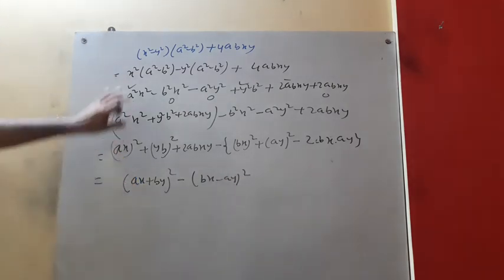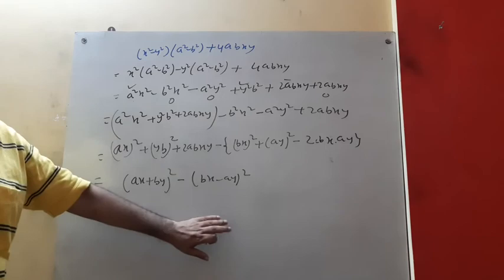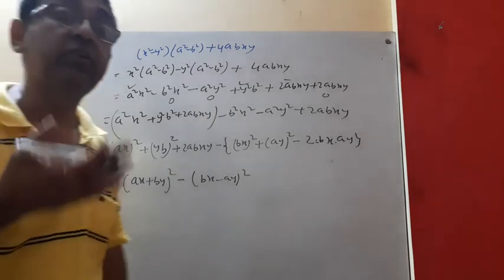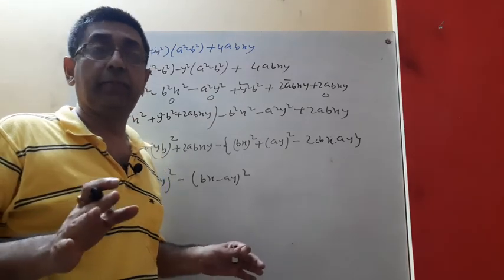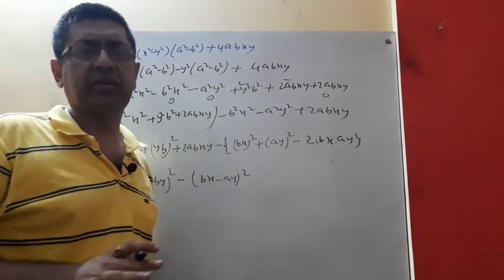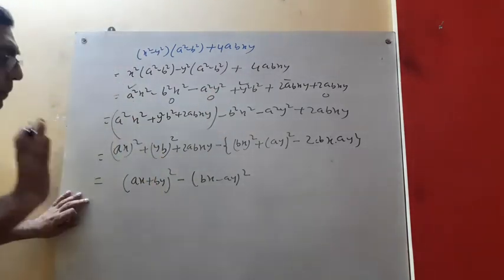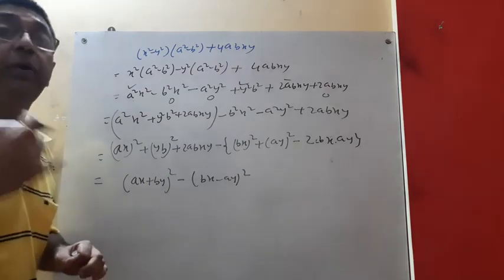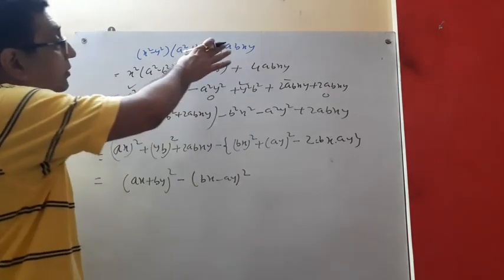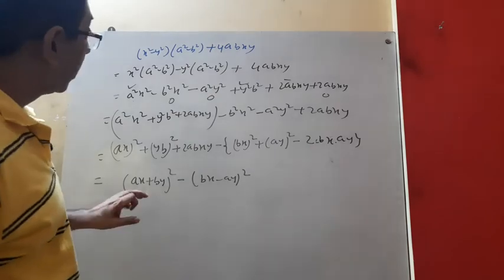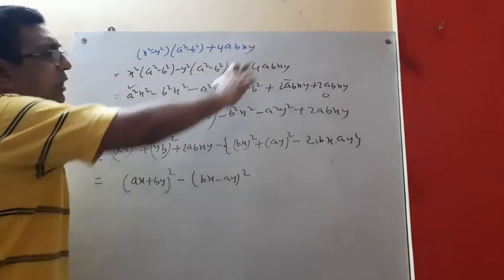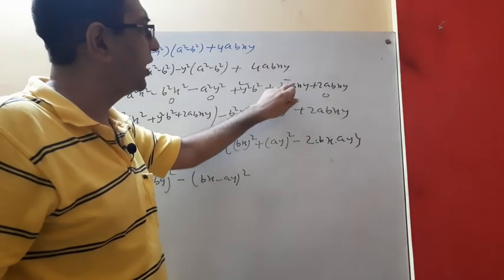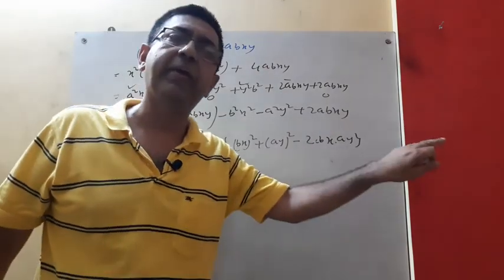Look, now it is of the form difference of two squares. So this is the type of difference of two squares. So anything can come in the exam. So these are very, very important sums. Now we can understand which method we will apply. But from this we cannot understand. What to do? Just go for multiplication. We have taken so many squares and this one. That is why we have split up 4abxy equal to 2abxy plus 2abxy.